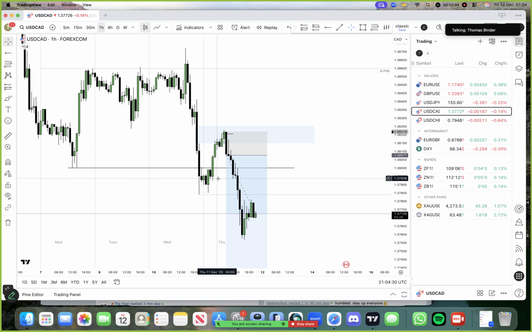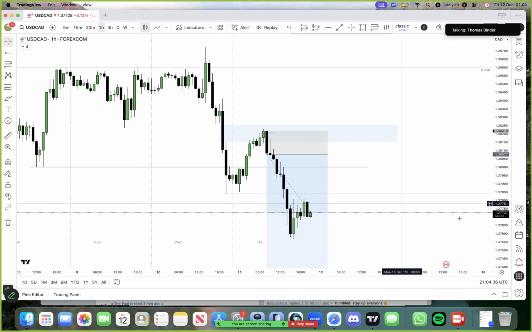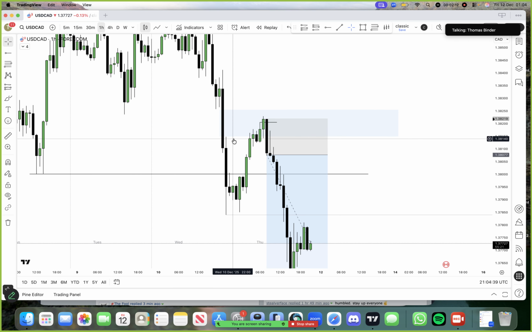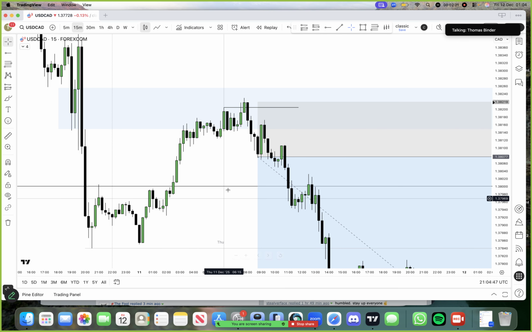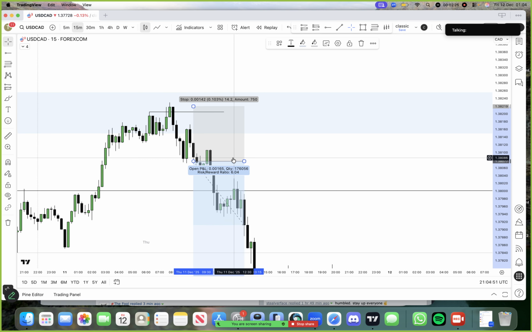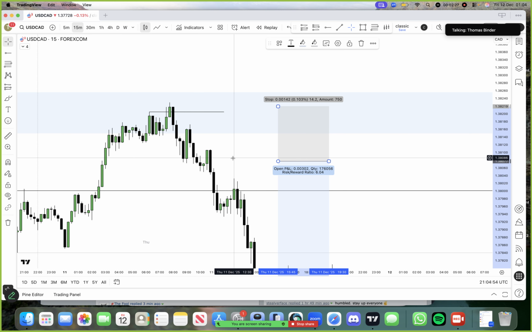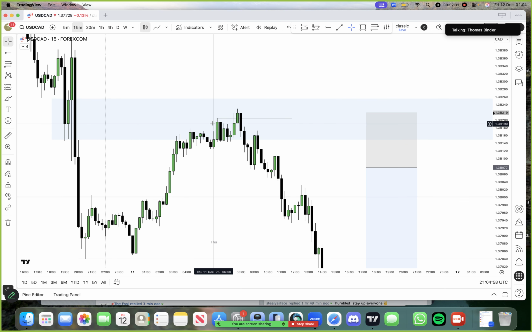So going back to USDCAD, why I essentially took the trade, because some of you may say, oh, there's not a 1 hour stop run here, and that is correct. There isn't a 1 hour stop run. Remember, this is the 4 hour fair value gap plus the 1 hour fair value gap. And then going into London session, let me move this over a second out of the way so we can explain. Yeah, going into London session, we had a stop run of this high here